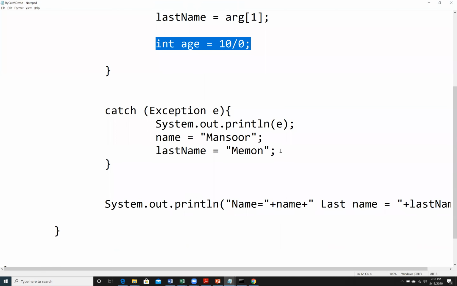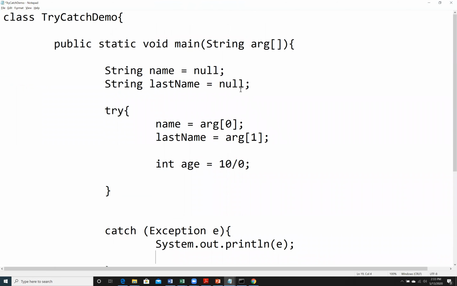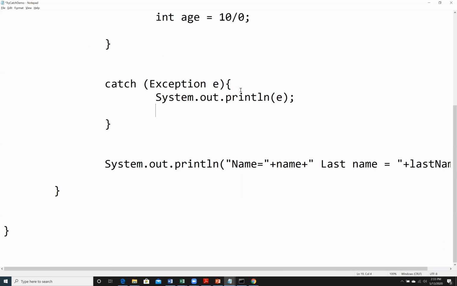On the other end, if we just remove these from here, we saw null value because by default the values are null. So you can see it's okay to have one exception block for all types of exception in try, but the disadvantage is obviously you cannot take different actions for different exceptions, as we have seen in this example, right? Okay, now this is one understanding that the Exception class can handle exceptions of any type, be it arithmetic, array index, string index, all types of exception that we can handle, this Exception class handles.